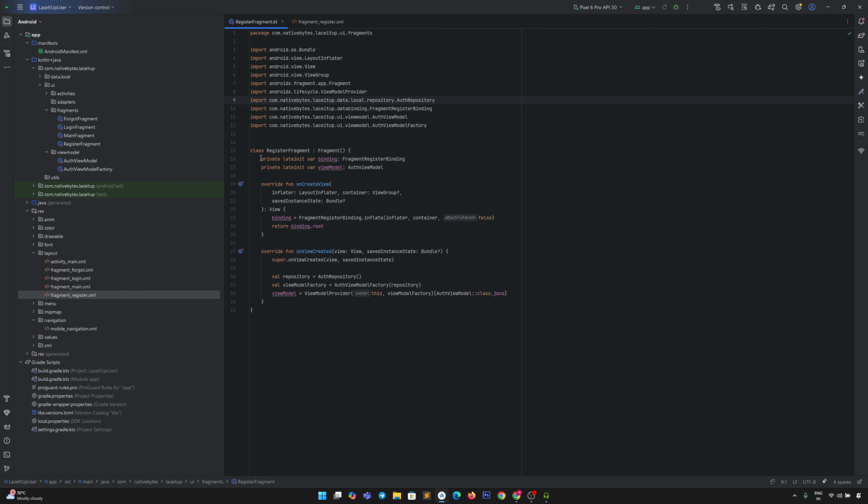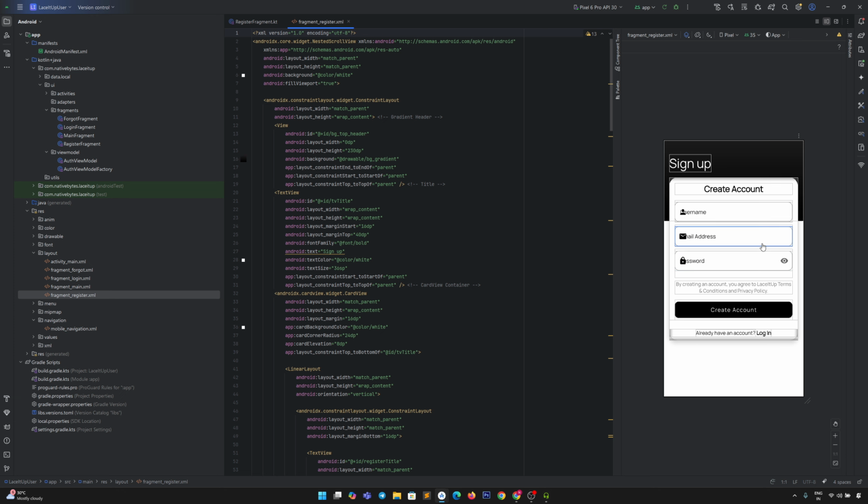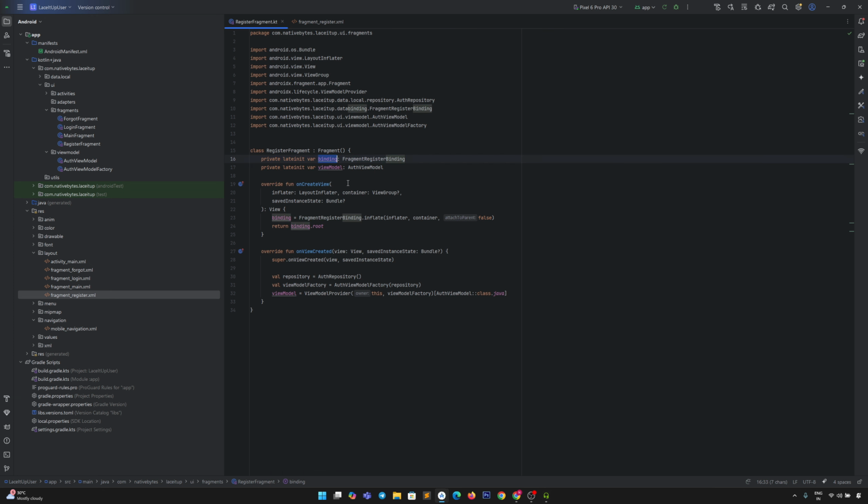Here we define two variables. One is for binding and another one is for the auth view model. For binding, whatever we are seeing in the UI part, it will bind the elements with this variable. Okay. Now coming to the onCreateView,